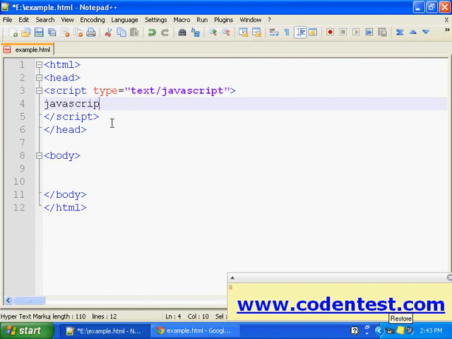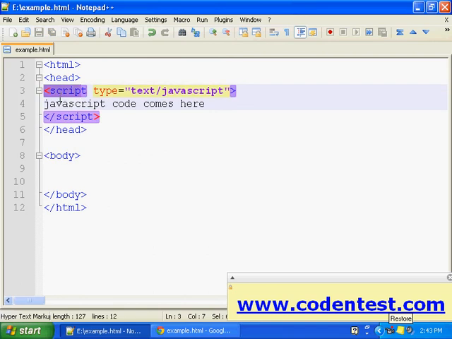JavaScript code comes here. We'll write our JavaScript code between the opening script tag and the ending script tag. So that's the syntax for JavaScript.